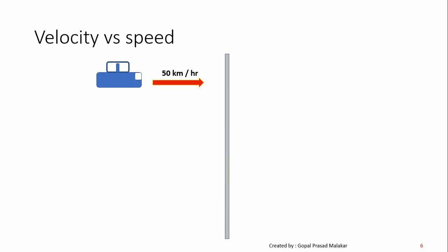Here a car is traveling. This is the magnitude of the velocity and this is the direction. This is another case where the car is traveling this way. Now take a look at both cases. The speed is pretty much the same, but not the velocity. Velocity is actually opposite. Here it is going this way and here it is going just the opposite.